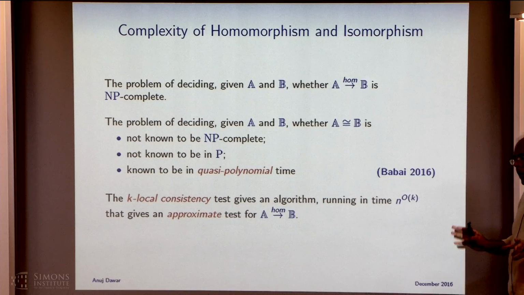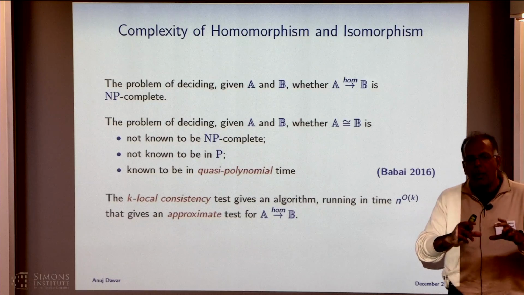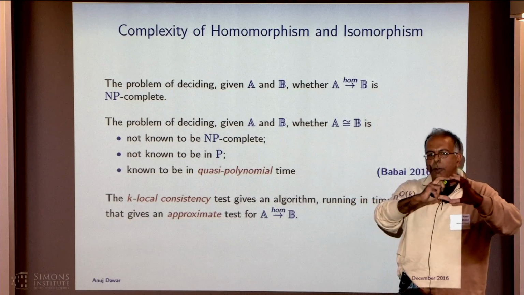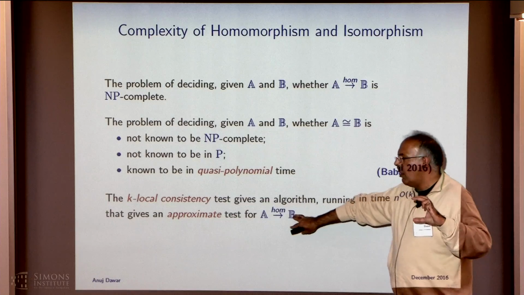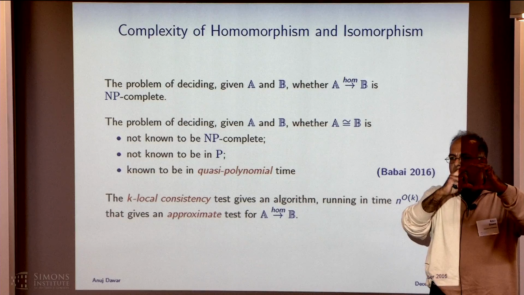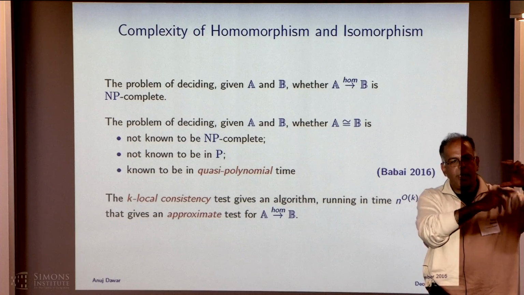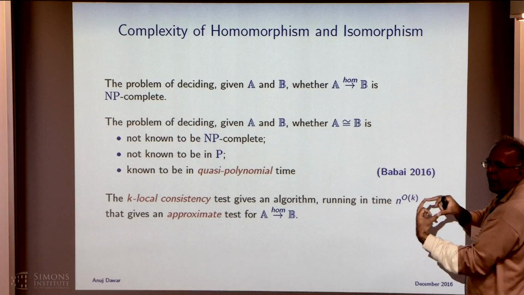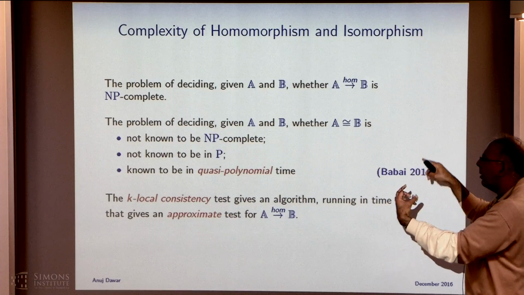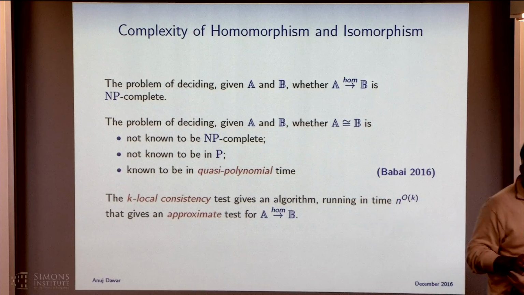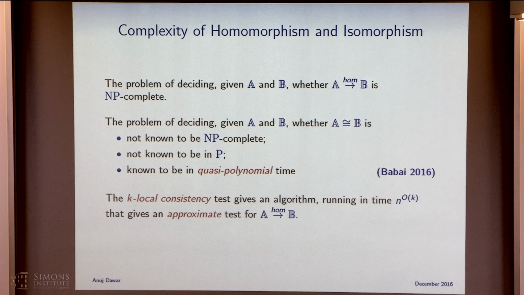So the idea, roughly speaking, is that k-local consistency means I look at a window in A of size k and see if I can map it homomorphically onto B. And I move this window around, seeing whether I can extend the map. But obviously I'm dropping other elements because I never keep a window of size bigger than k. And I move the window around essentially all over A, seeing whether I can always locally extend the homomorphism in B. That's the local consistency test, roughly speaking.